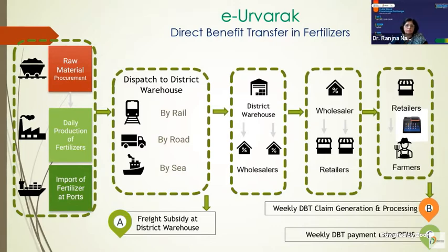I am associated with the agriculture domain for a number of years, and we have done a number of core projects in terms of workflow management or basic process flow digitization. Because to my mind, AgriStack or any such thing is level 2. If my base is automated and I'm able to get the core data, then it is easier to connect to the next level of building intelligence around it and interlinking different systems. So e-Urvarak is one such